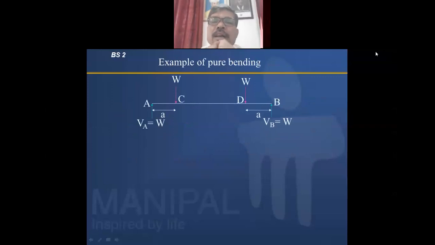See, on a beam, two point loads are acting, having the magnitude W and W, of the same magnitude, let us say 5 kilonewton, 5 kilonewton. Then at the same distance A from the left hand side and from the right hand side, A is the same, let us say 1 meter, 1 meter. So naturally the reaction will be total load divided by 2. So W will be the left hand side reaction, W will be the right hand side reaction. Now this will be the SFD. As I told you, where there is no load, there will be a horizontal line.